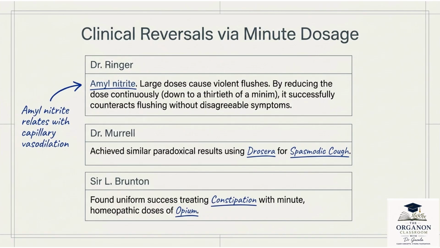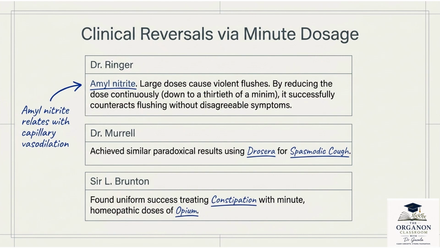Third example we will see, that is of Sir L. Brunton. Okay, he is talking about treating constipation using minute doses of opium. Normally in crude doses, what happens is, opium is notorious for causing constipation by reducing intestinal motility. Yet, Brunton observed that in minute doses, it could actually help restore bowel function in certain patients with constipation. So, this paradox again suggested that simply knowing the crude physiological effect of a drug does not always predict its action when given in